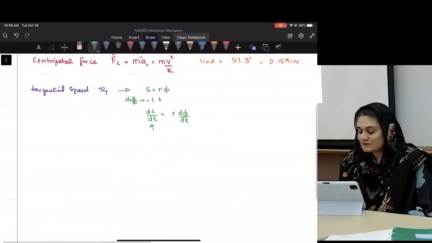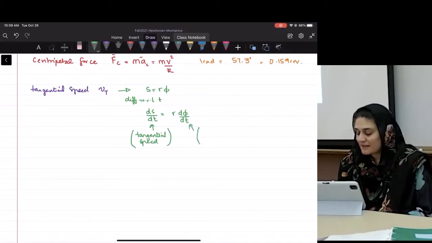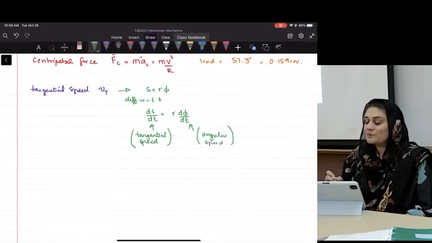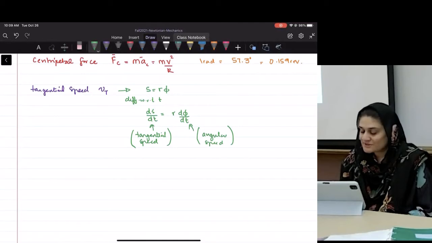This is called tangential speed. And this is defined as angular speed. So the way we write them is Vt equals R omega,